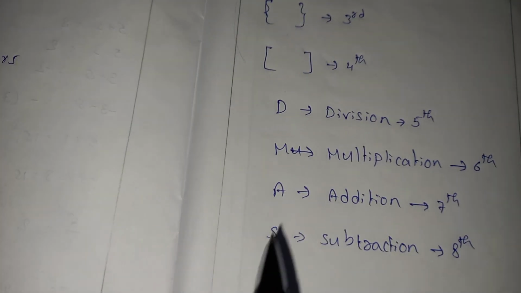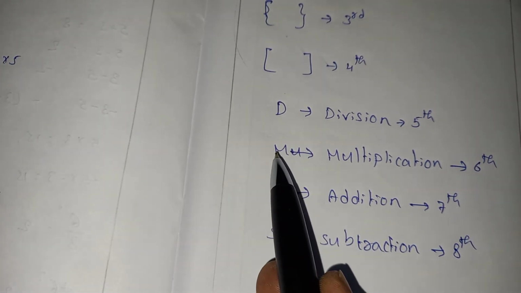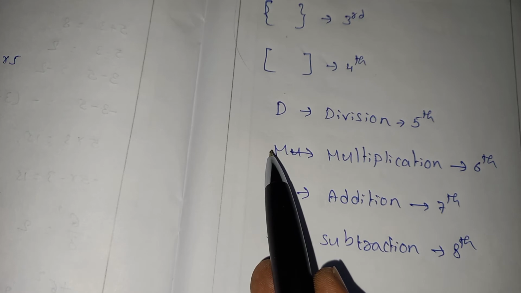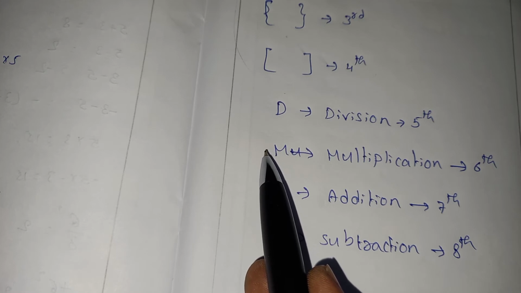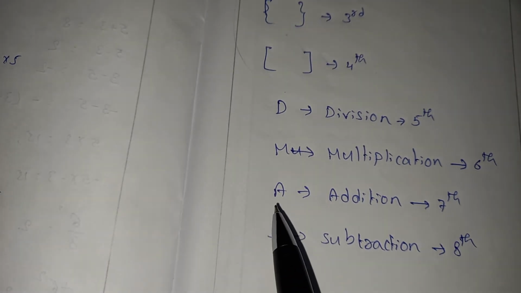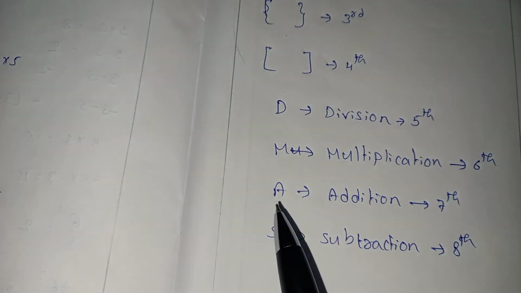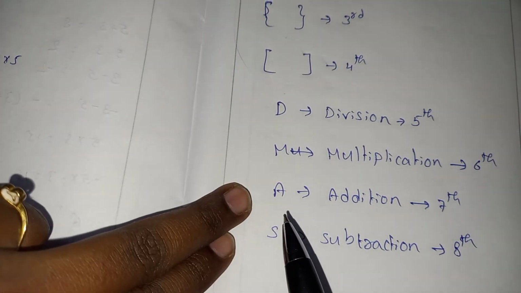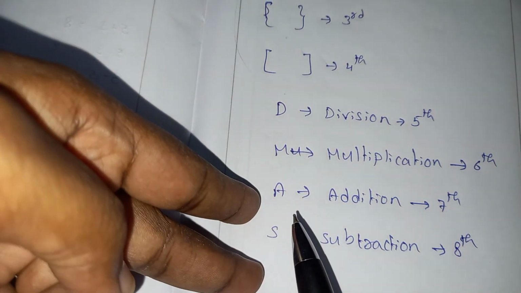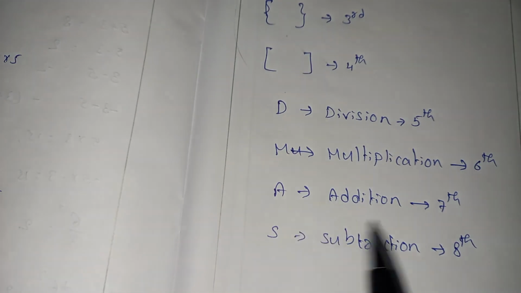In general, remember this one. Division and multiplication both have the same priority, but for your understanding purpose, the BODMAS concept came. Okay, and addition and subtraction also have the same priority. If you reverse these two priorities, you will get the same answer. Even in this case, if you reverse addition and subtraction, you will get the same answer. But BODMAS is for your understanding purpose.